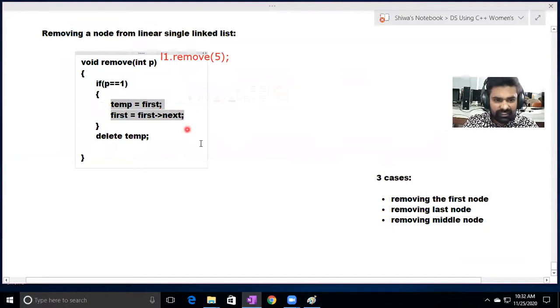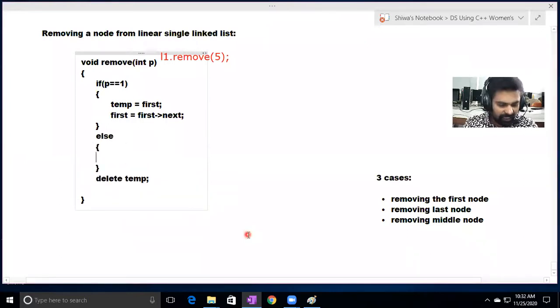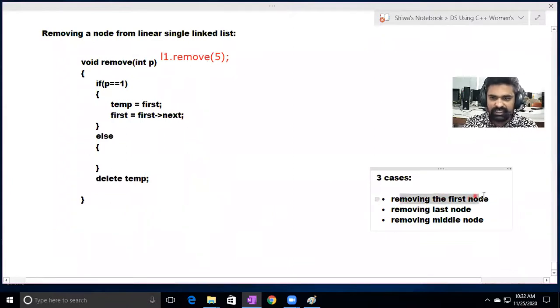If we remove the first node, first next will become the first. To remove that first node, we are holding it in the temp. So the temp we are removing. So the previous first node is removed, and first next we are making as the first. So hence we can delete the first node. Else, if this condition is false, we are not removing the first node. So the first case is over.